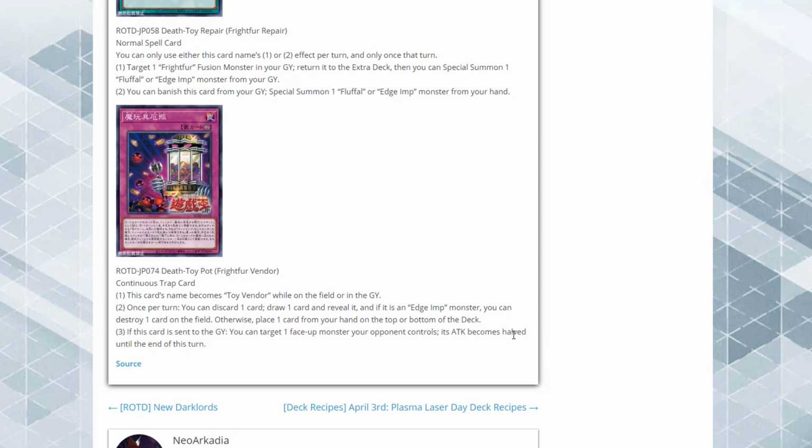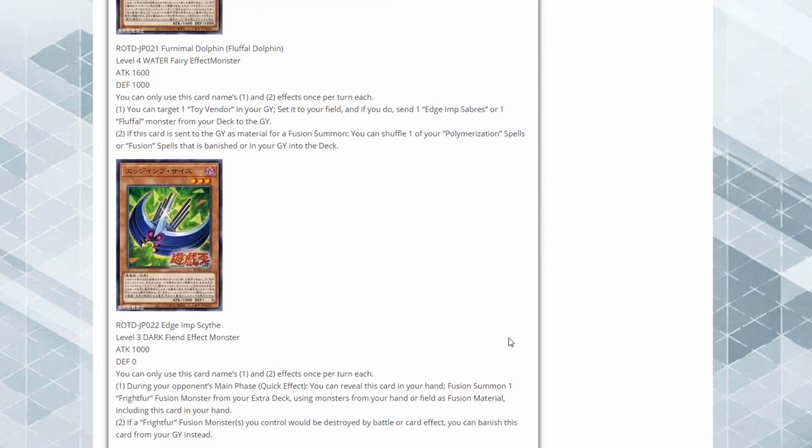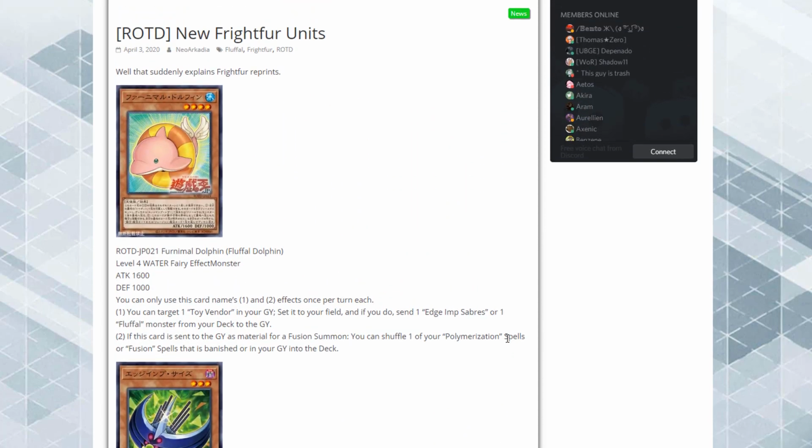So, what do you guys think about all the new Fluffal and Frightfur support? Do you like it? Do you not like it so much? Let me know down in the comments, because in my opinion, it's looking pretty scary. I mean, again, I kind of feel like Rise of the Duelist is kind of like a Duelist Alliance set, where Legacy support is looking very good, and then, of course, the new cards are looking really interesting, too. So I'm hoping that set will live up to those expectations, and just seeing something new for Fluffals, I gotta